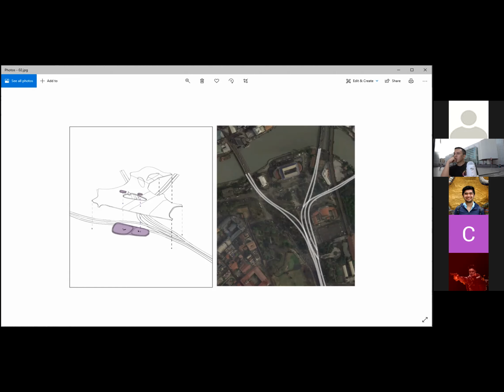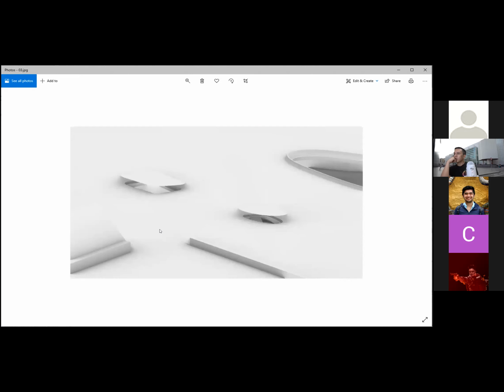So maliit lang siya na space na na-occupy. Then mas malaki yung footprint niya sa ilalim. Okay, so yung idea for that is like Super Mario. So parang may tunnel na you're gonna get inside that area to access the commercial area, and then we also did it in a way na transparent yung sides with glass so that